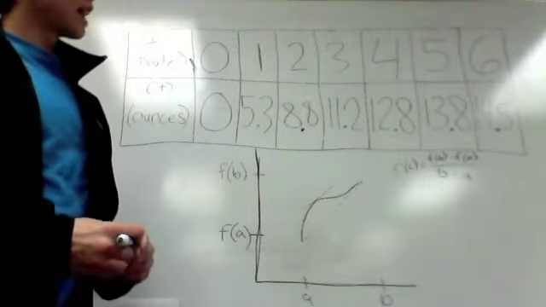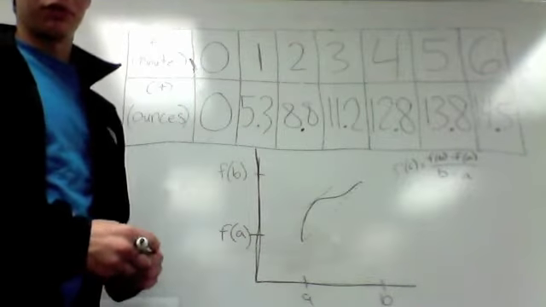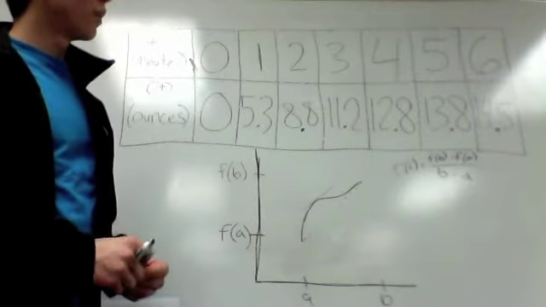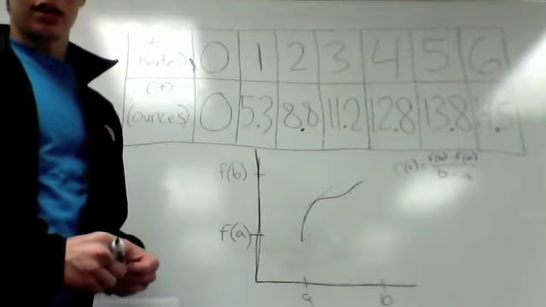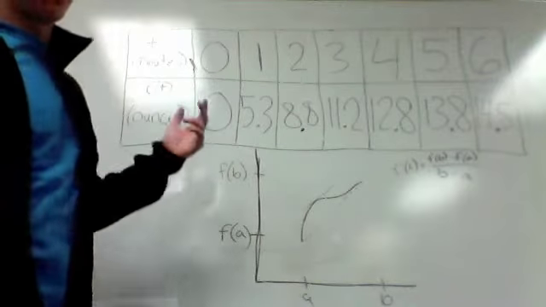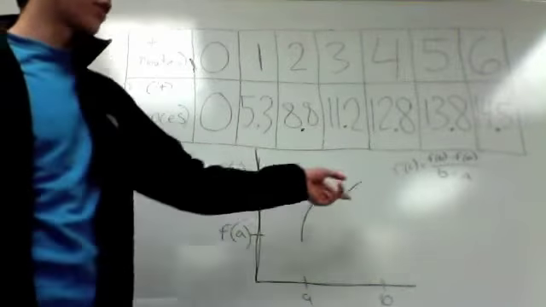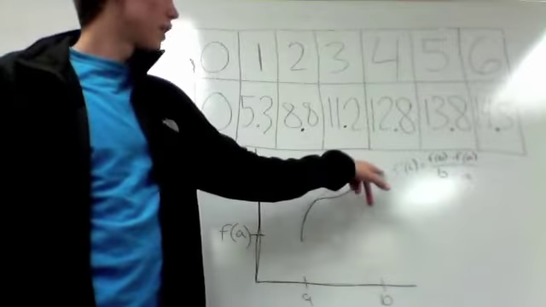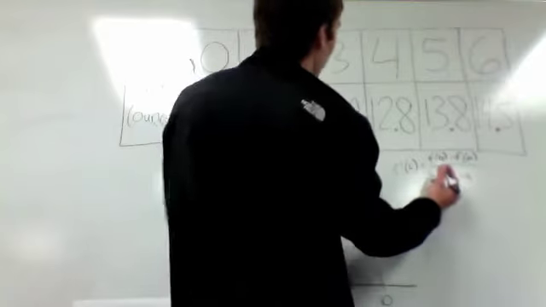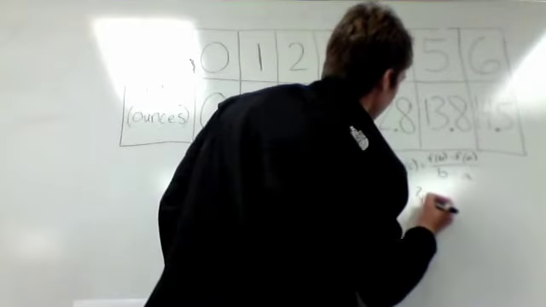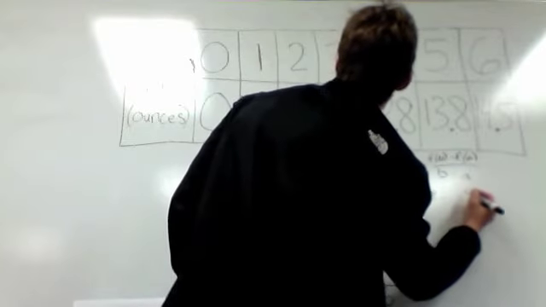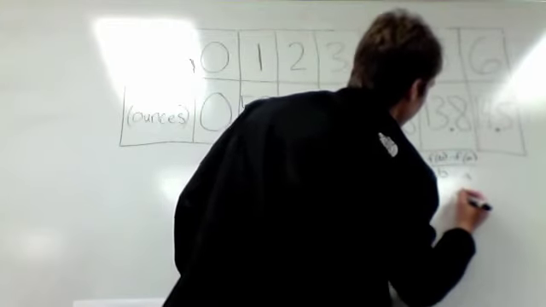So again, our problem's asking us if on the interval from 2 to 4, is there some point where the slope is 2? Well, since we are told that this function c of t is differentiable and therefore is continuous, then we can use this mean value theorem right here. So we're going to plug in the values for 4 and 2 into this. So it's going to be f of 4, which is 12.8, minus f of 2, which is 8.8,